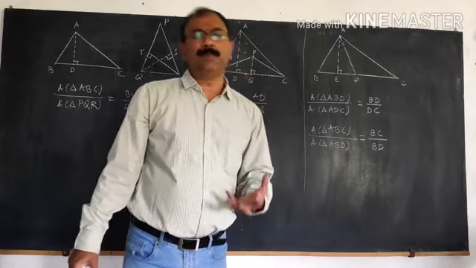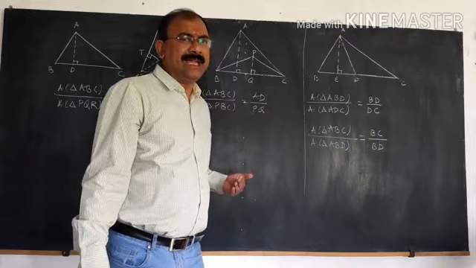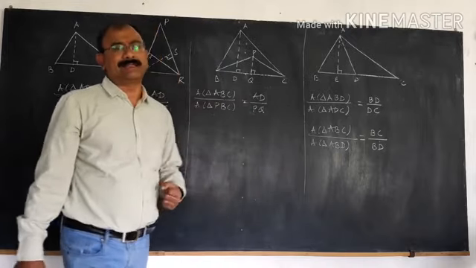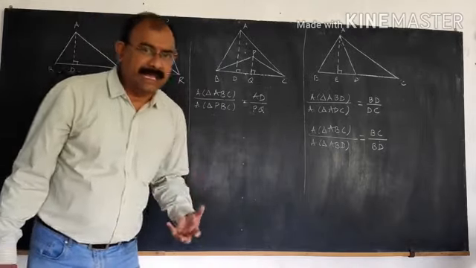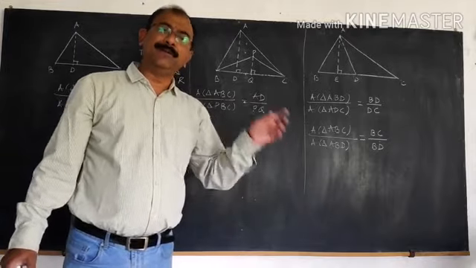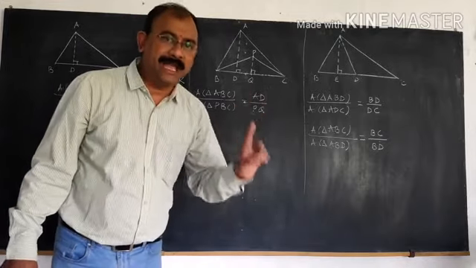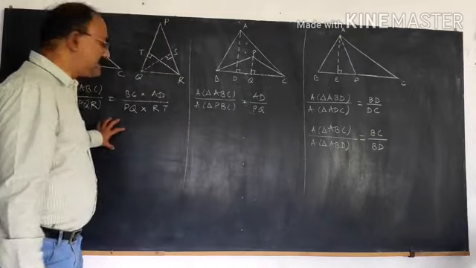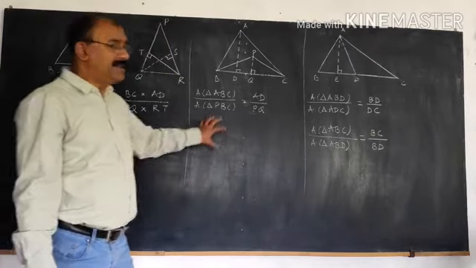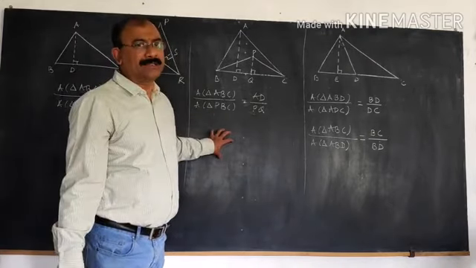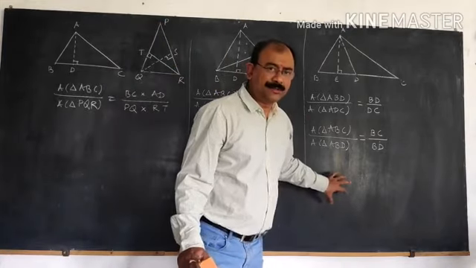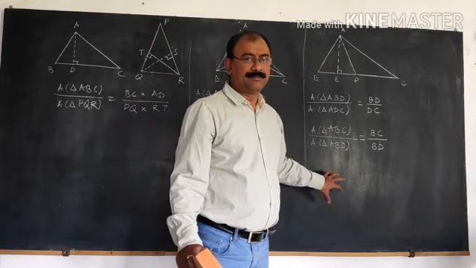But there is one very simple property, which is the extension of what we have been discussing. In case the two triangles have the same base and the same height. In this case, base and heights are not same. Here, the bases of two triangles are same. Here, the heights of the triangles are same.